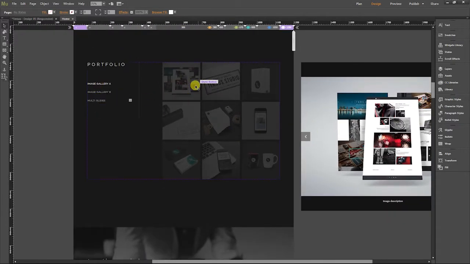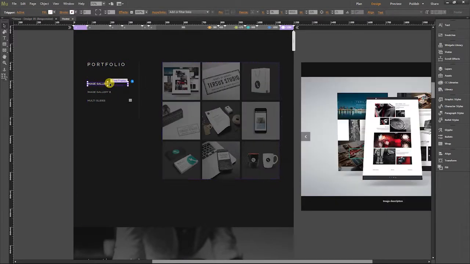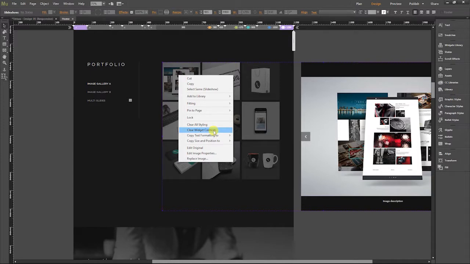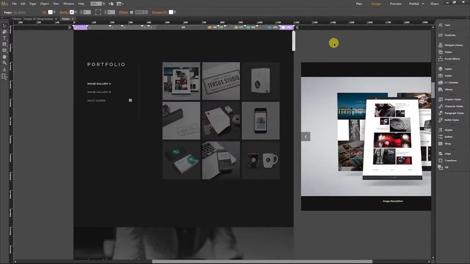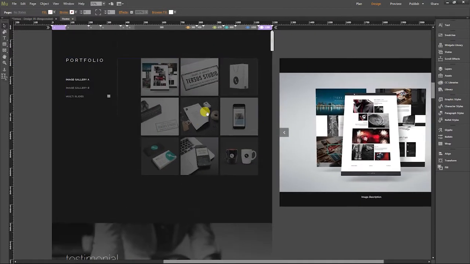That is how you edit this widget for image galleries A and B. You simply remove the current pre-included images by using the clear widget contents command like I've shown just now, and the next step is to add your own content to the widget. The thumbnails are automatically populated, so you don't have to deal with that. You can change the size,